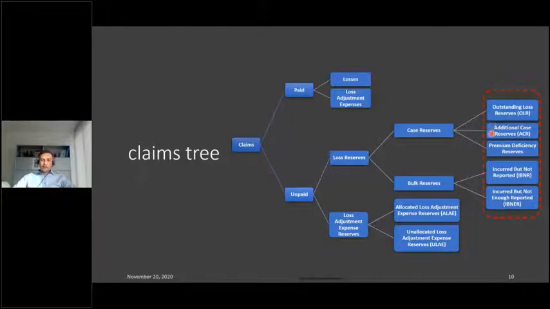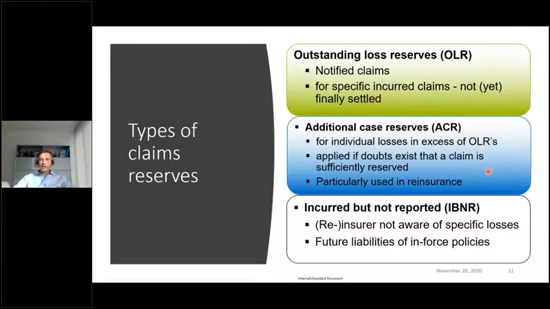And more importantly, from a portfolio perspective and given the long tail nature, we would be looking at bulk reserves, which are broadly called incurred but not reported, a term which is a little bit misleading, because if we come to the next slide, here we would clearly see it's not only for losses which are incurred but not reported enough, it's also for future liabilities we expect to incur on a portfolio. And this is, of course, on the one hand side, a science, on the other hand side, an art,